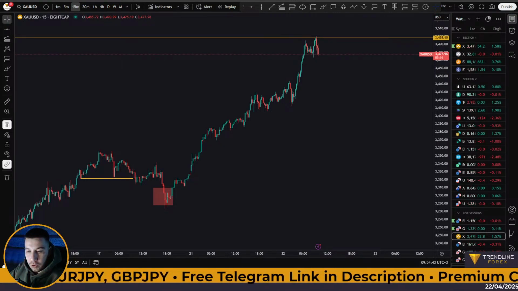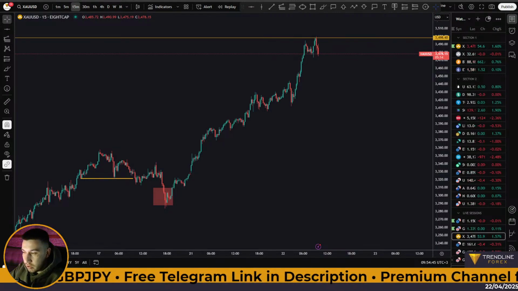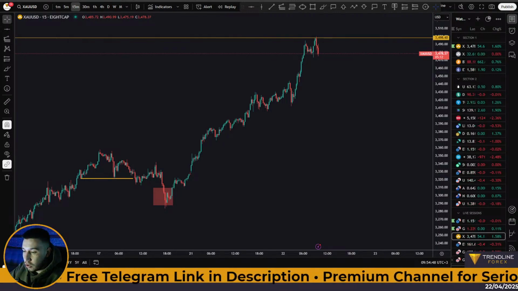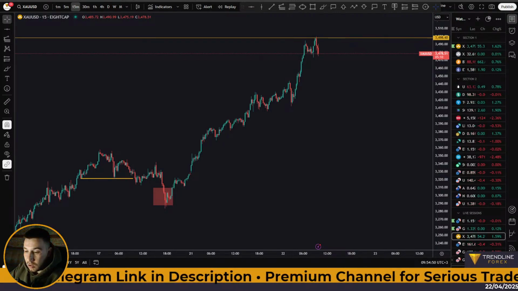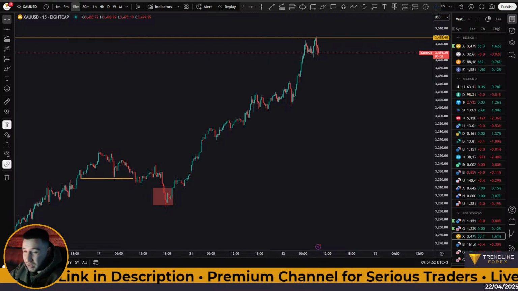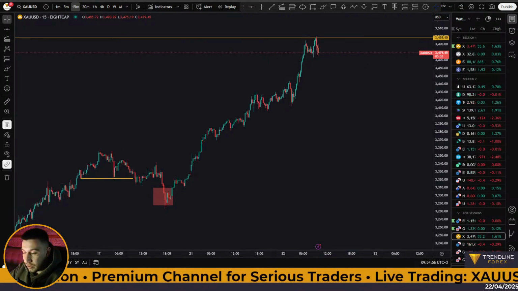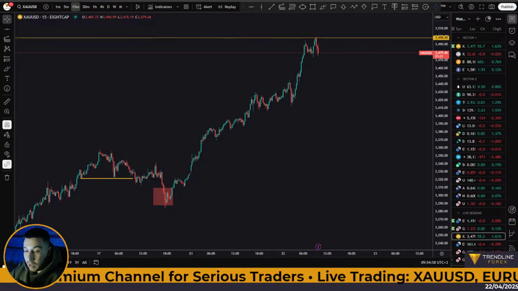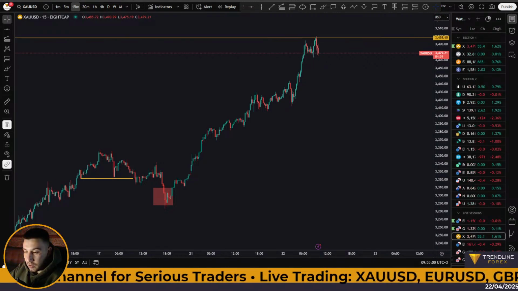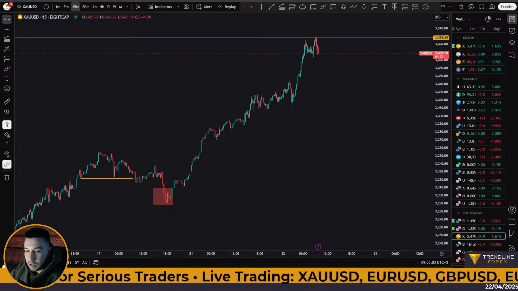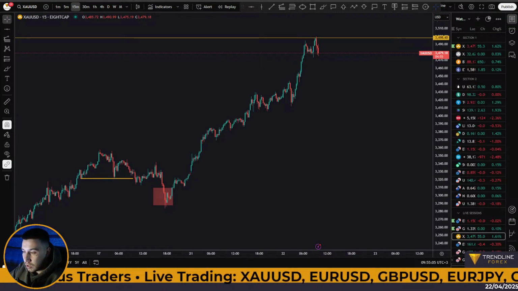We're gonna go through some of the pairs that we usually look at. This is gonna be euro dollar, pound dollar, the yen cross pairs as well, although I really don't have anything on there, and gold of course. All right, so if you just give me a couple of minutes, we're gonna start with the analysis soon.